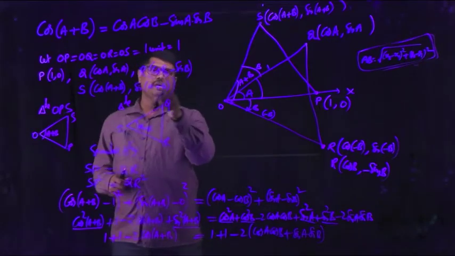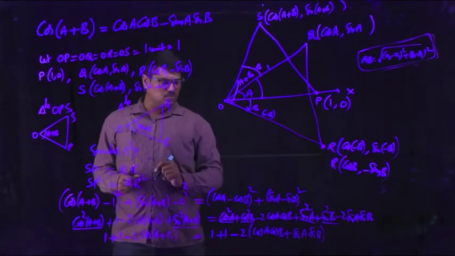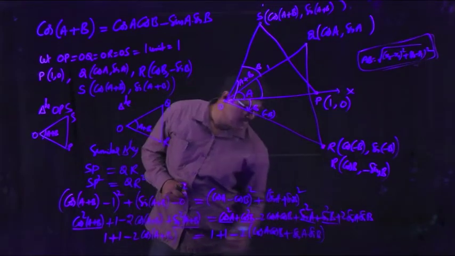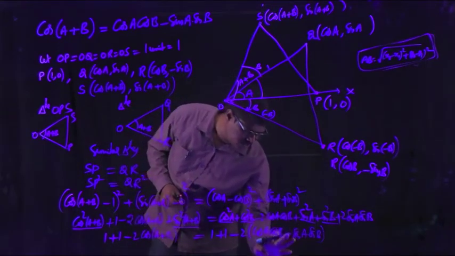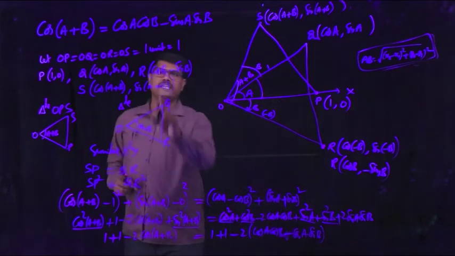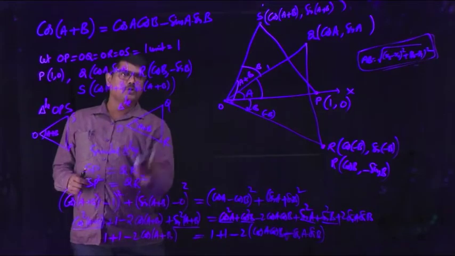Let me check here, minus sin B this one. So this will become plus. So you have plus here, separating minus, you will get minus here. So coordinates of R, observe the distance QR.